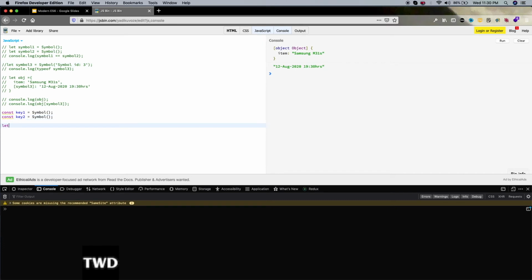So let obj equal an empty object, then we will add this to it. obj[key1] = 22, obj[key2] = "Harris", and console.log of obj.